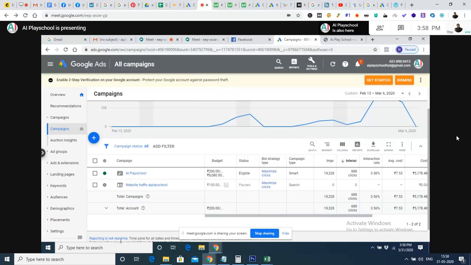All those elements we can see when we go for an advanced level. So successfully we have created a good Google search ad.